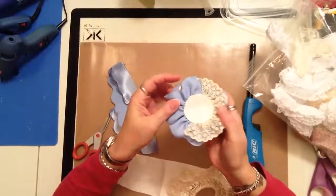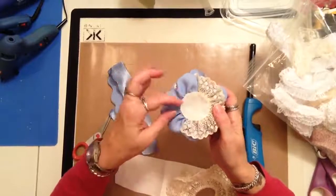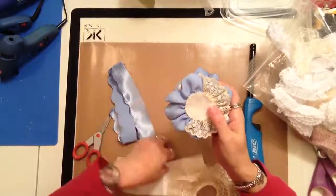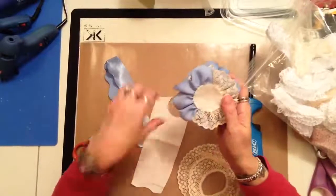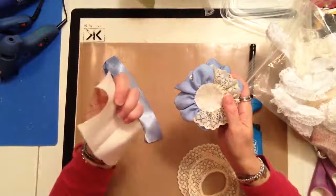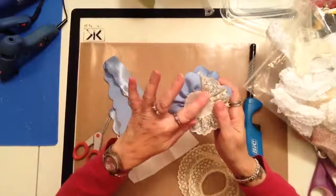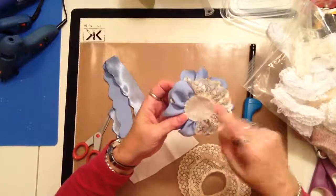You can see the disc here, felt or whatever you want to use. Like I said, I saved scraps, used those. This is kind of a heavy sort of an upholstery material. Anyway, so I just started off, you can kind of see it here, with the